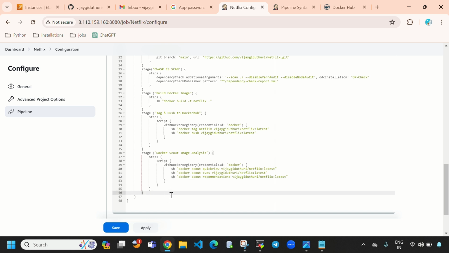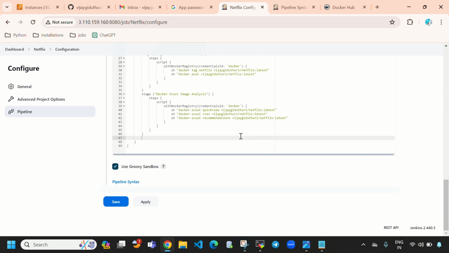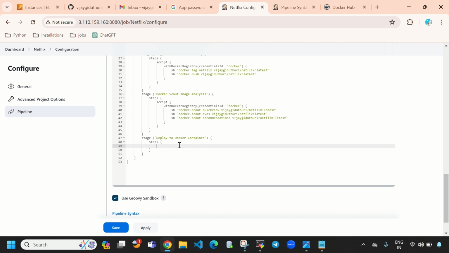And after completing this, let's write the last stage to run our Docker container. So here provide again stage, and inside this I will write deploy to Docker container. And here we need to provide steps, and inside steps we need to write our command to run our Docker container. So here I'm providing sh